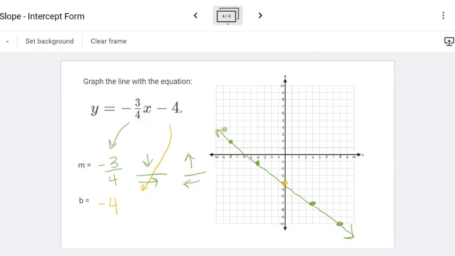And again, this line appears to be decreasing. Okay, and that's because I have a negative slope, so that matches. If you have an increasing line and a negative slope, you probably went the wrong way. You probably did your up and down backwards, so make sure you check that. All right, go ahead and practice on